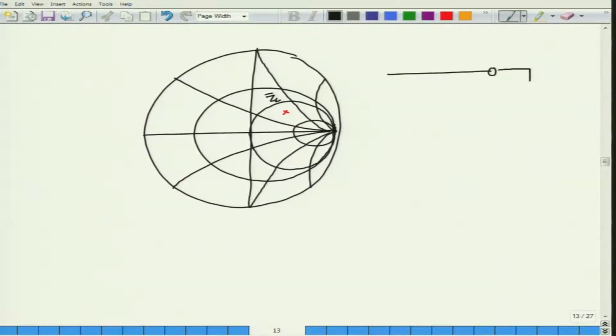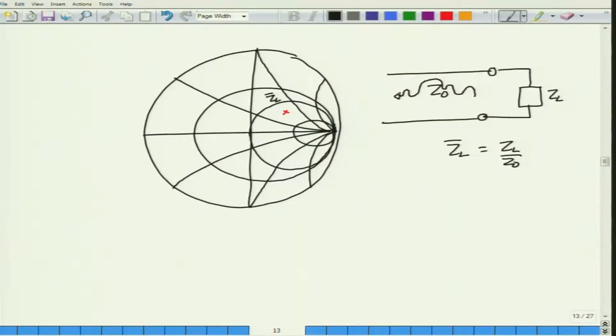So going back to the circuit itself, I am at the transmission line terminals connecting to the load, and I know the characteristic impedance of the transmission line, which I have already designed to be equal to Z0. Okay, and I normalize this load so that the normalized load is ZL by Z0. Okay, now watch what happens as we move towards the generator, that is away from the load. What happens on the transmission line? My impedance keeps changing at every point. Remember, the impedance at any point on the transmission line is the line impedance, and this is some Z0, ZL plus jZ0, something that we have already talked about, right. So the impedance continuously changes.